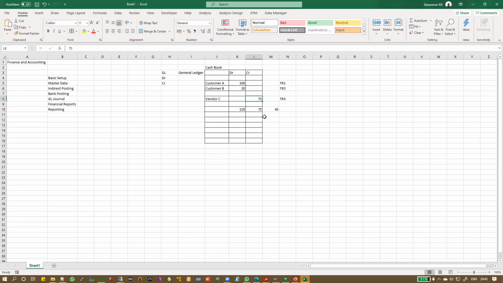But in accounting terms, the problem is that you are only looking at your cash book. What about the things they bought? You would have sold something, right? Did somebody give you 100 rupees as a loan, or did somebody give you 100 rupees because they bought something from you? You don't know. Your visibility is limited, right? So this is called the single method of accounting.